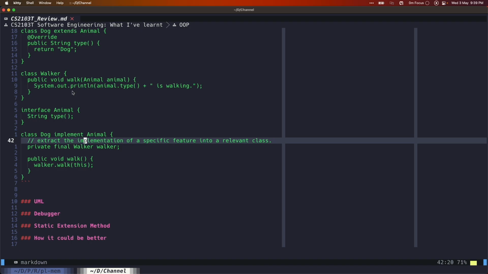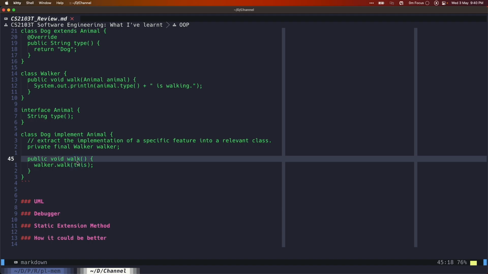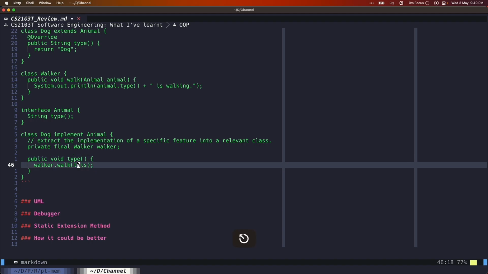And when you read the Worker code, it's very obvious that you basically print out the animal's type plus working. And when you read the Dog code, basically it implements Animal. Sorry, I should provide a type and return dog.